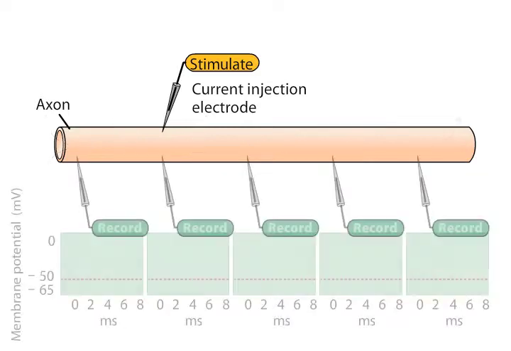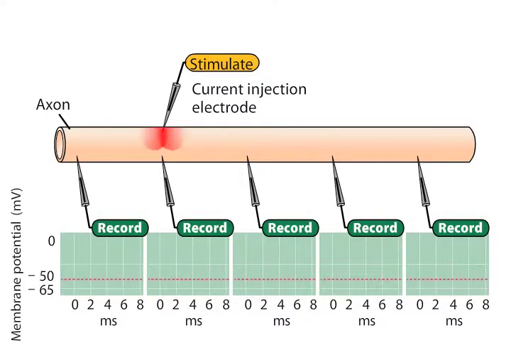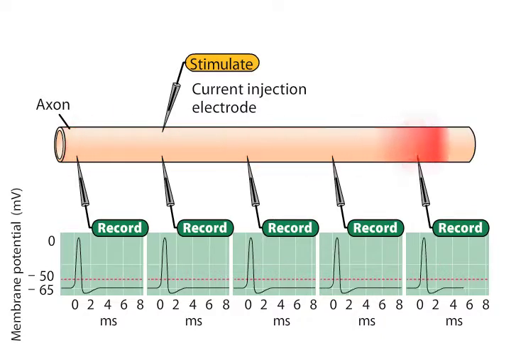If the experiment is repeated with a depolarizing current pulse large enough to produce an action potential, the result is dramatically different. In this case, an action potential occurs without decrement along the entire length of the axon. Thus, action potentials somehow circumvent the inherent leakiness of neurons. Note that the amplitude of the action potential is constant along the length of the axon. This all-or-none behavior indicates that more than simple passive flow of current must be involved in action potential